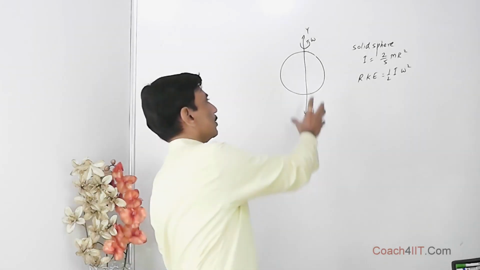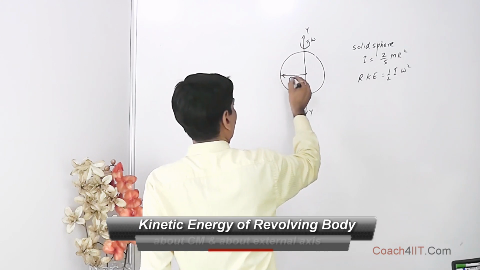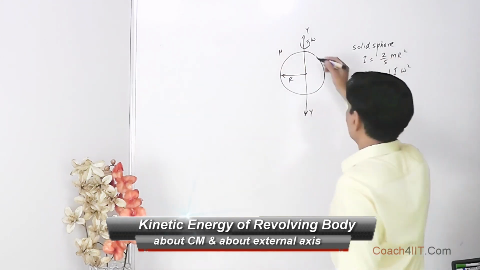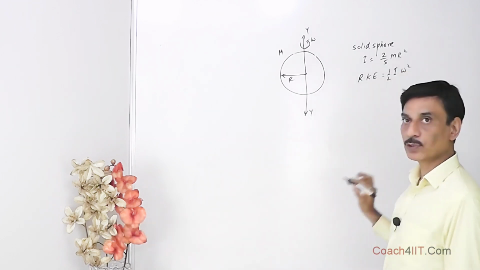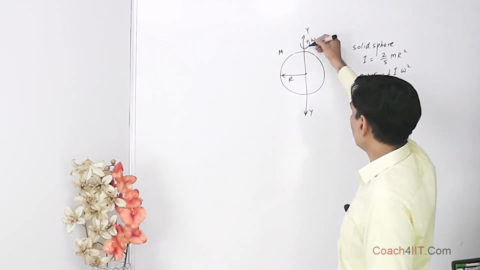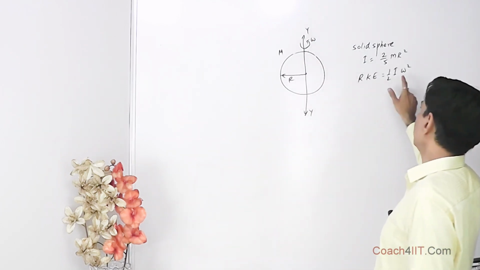Say this is a solid sphere which is revolving over this axis. It has a mass m and radius r. So we know its moment of inertia about any diameter is 2/5 mr². So if this is rotating with angular velocity omega about this axis, its rotational kinetic energy is half I omega